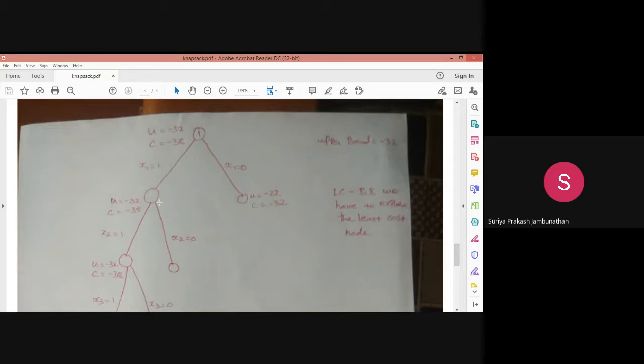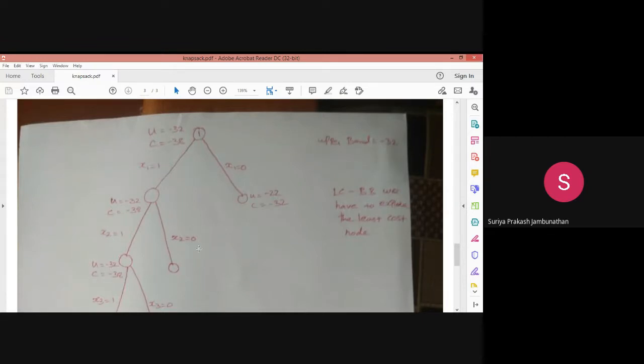Next to this, we are having the cost, which is the least cost. We have to check here minus 32, here minus 38. When you are going for negative value, the greater negative value is the least one. So here minus 38 is the least one, so that we are expanding this tree. Okay, we are not expanding the other because the cost is minus 38 here. So here also we are considering object 2, not considering object 2. When you are considering object 2, the same answer will come. Upper bound will remain the same, minus 32, and cost also minus 38.